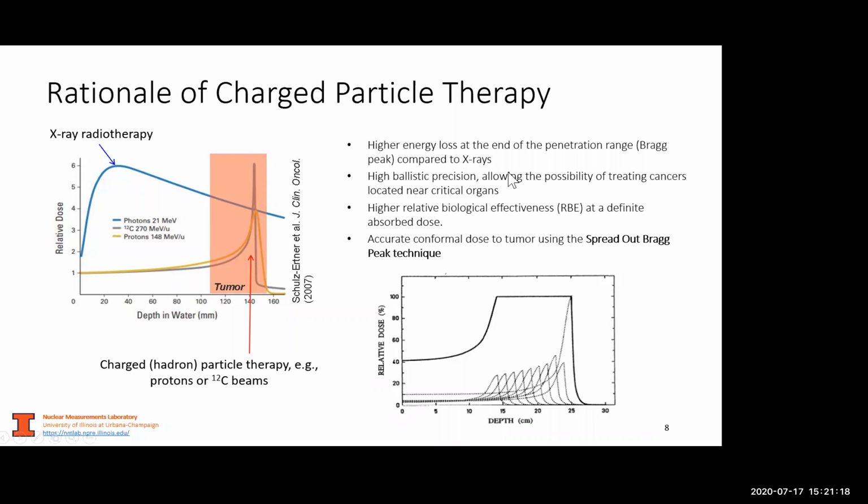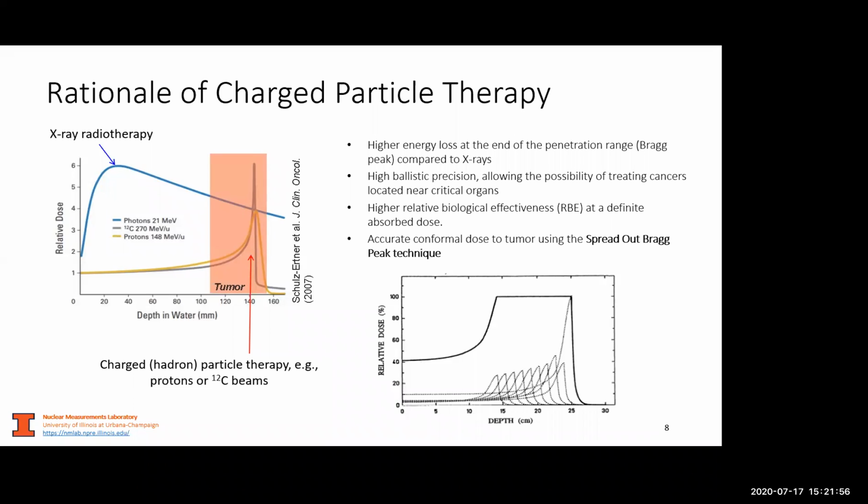So to conclude on our comparison, the ion energy loss at the end of the penetration range, known as the Bragg peak, compared to X-rays of charged particles, yields a better conformality and also better ballistic precision. This higher ballistic precision is certainly a great advantage because it allows the possibility of treating cancers located near critical organs, but can also be a drawback because if we are not precise in the beam delivery, then potentially we